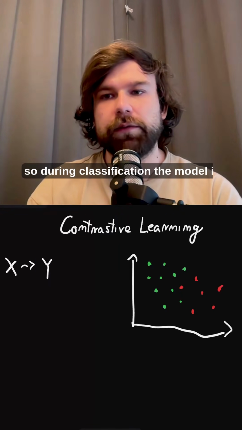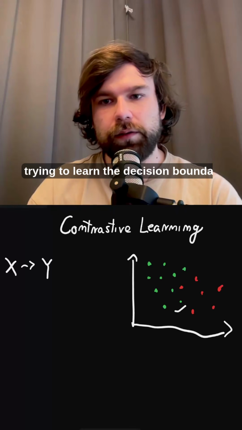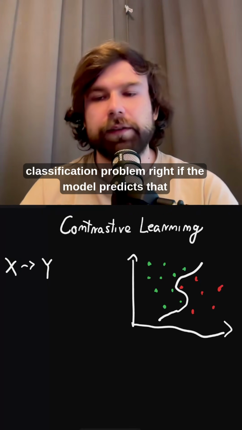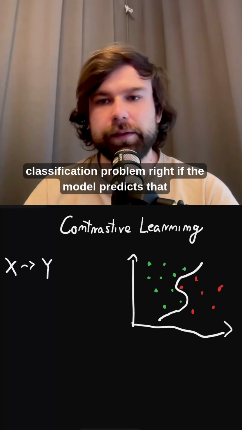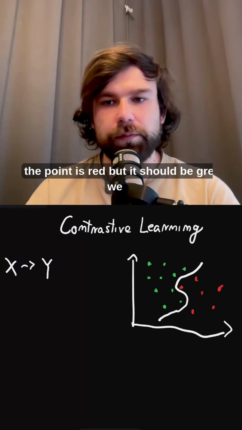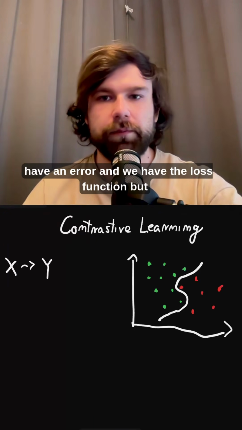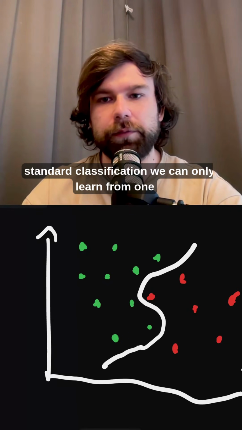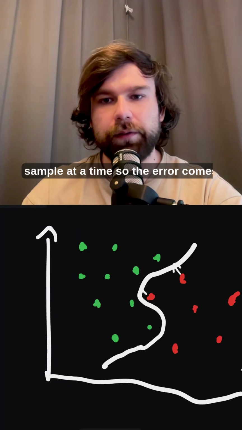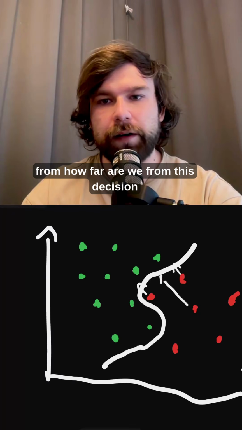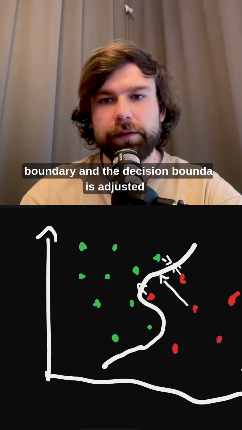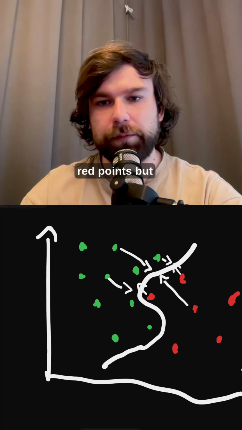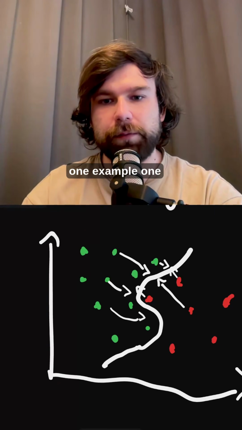So during classification, the model is trying to learn the decision boundary between those points. It's a kind of binary classification problem, right? If the model predicts that the point is red, but it should be green, we have an error, and we have the loss function. But during standard classification, we can only learn from one sample at a time. So the error comes from how far we are from this decision boundary. And the decision boundary is adjusted to be as far from green points as possible and as far from red points. But one example